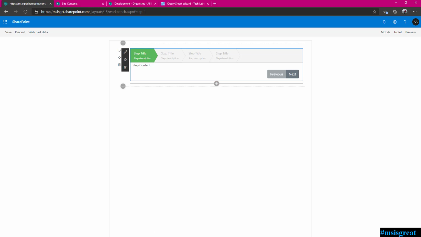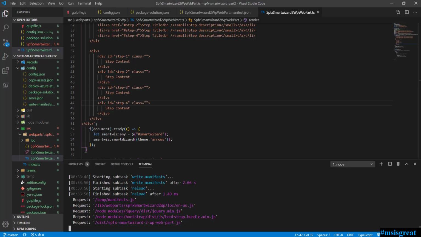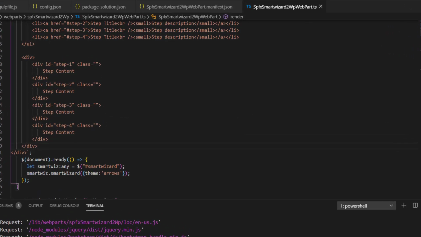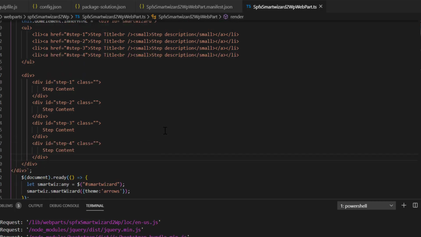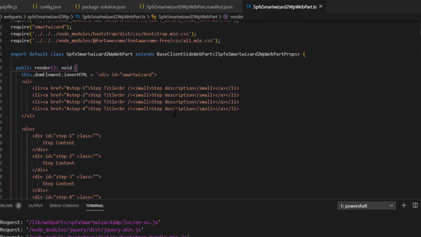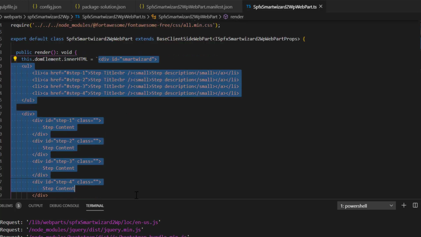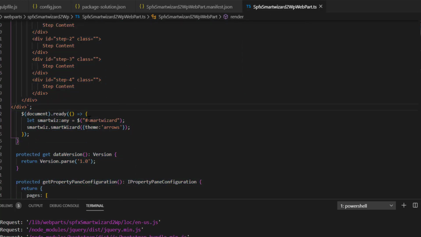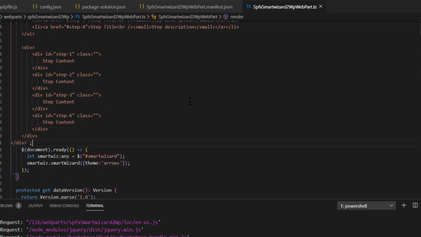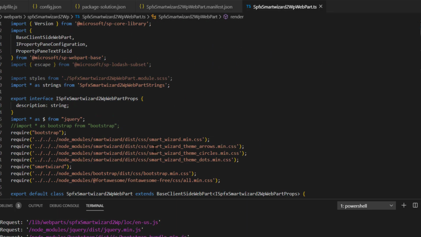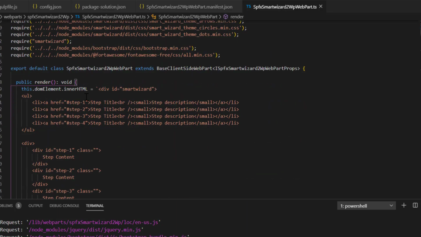Let's go to the project. If you can see the project, let me stop this because it was running. Okay, so we left it there in part 1, so we just resume the way we stopped there. It is just a sample HTML which I copied from the Smart Wizard, and I'm just calling the function. So now I'm going to make this Smart Wizard a little bit